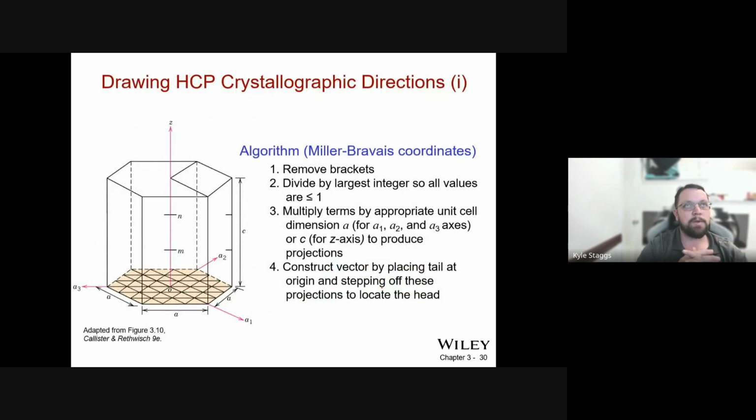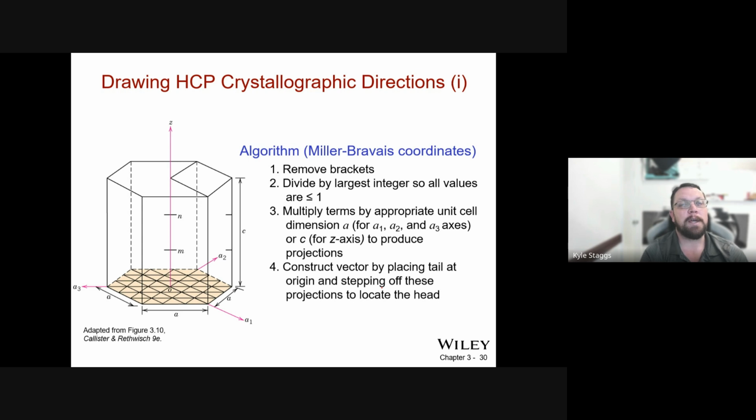When we go to do hexagonal close packing, the directions change a little bit because we're using triangular coordinates instead. And that causes some cause for concern. So, all right, things that we want to take a look at are